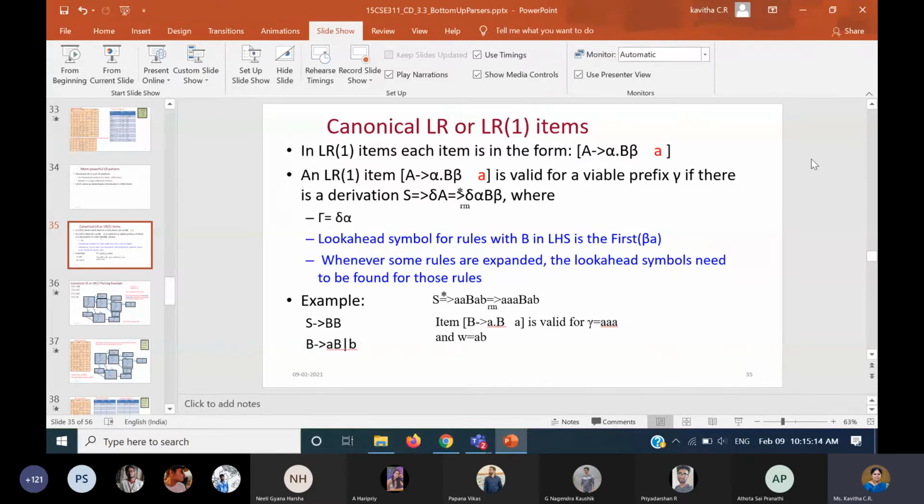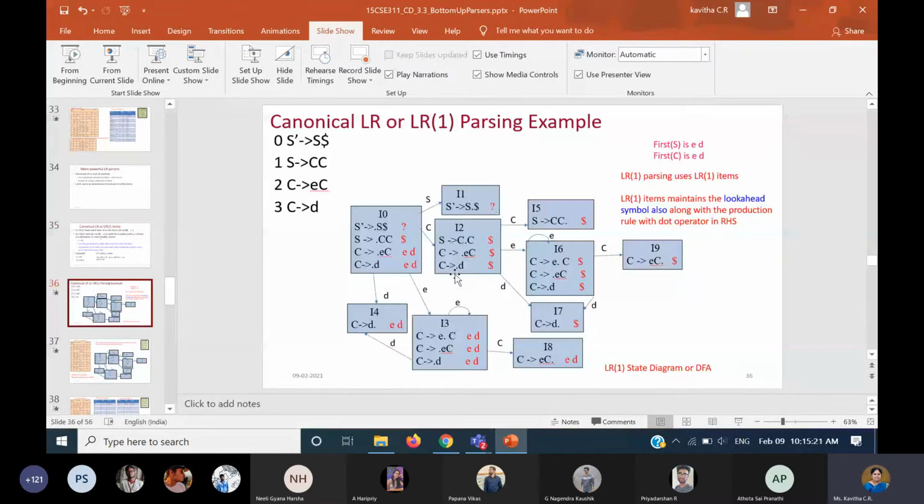It is not that you find it for the given grammar and keep it ready. It is not like that. Every state when you expand, you have to find the new look ahead symbols by using the first concept. Is that clear, Priyadarshan, or is anybody having the same kind of doubt? In each state we have to find like that. That is how it is happening. So that is the procedure in LR(1), whereas we didn't follow this in LR(0) and SLR.